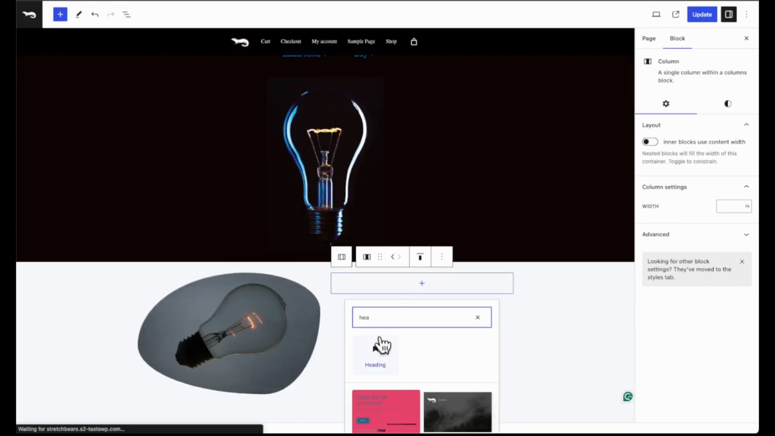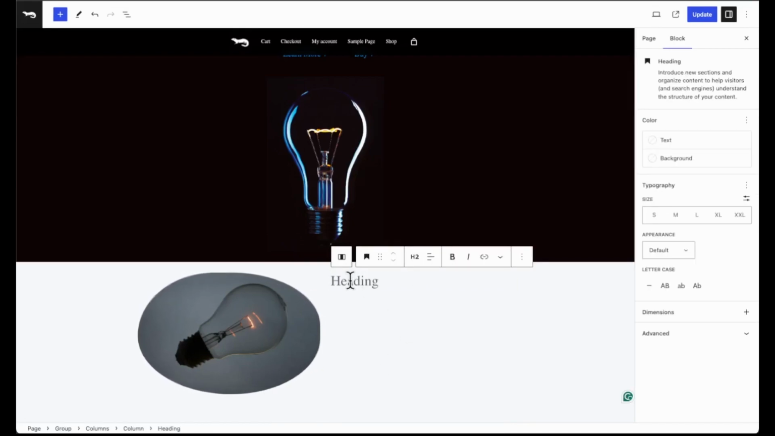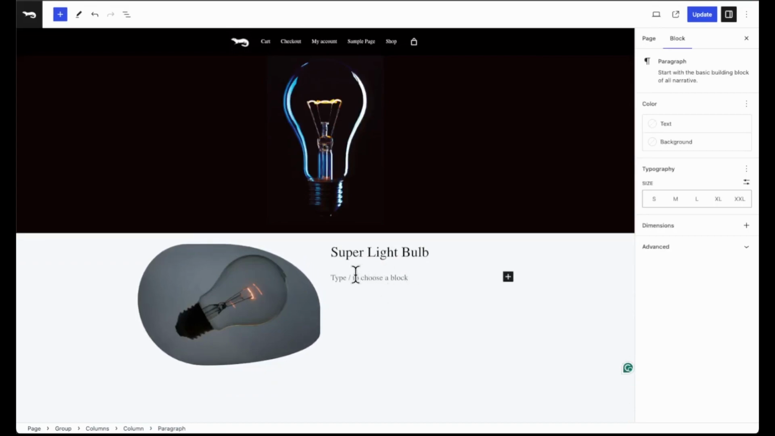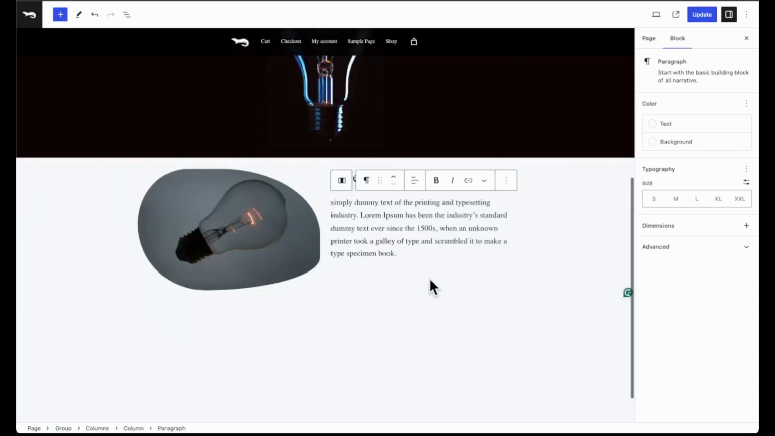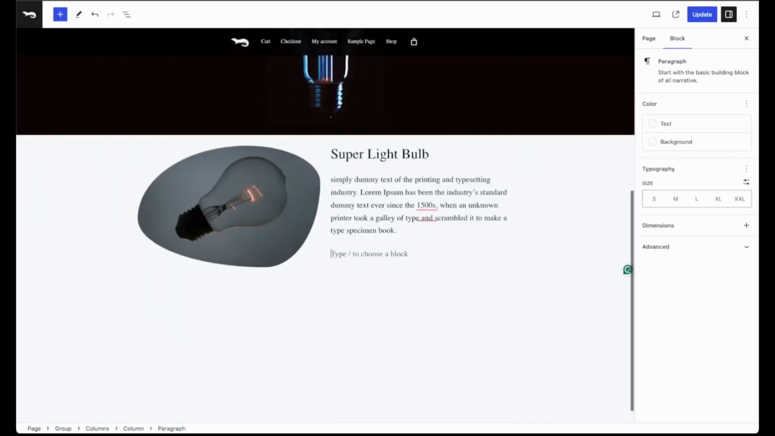And now we're going to add a header, add some text, and hit enter. We're going to add a paragraph block, which by default will show as a paragraph block. Just going to paste some text in here. And again, we're going to hit enter,